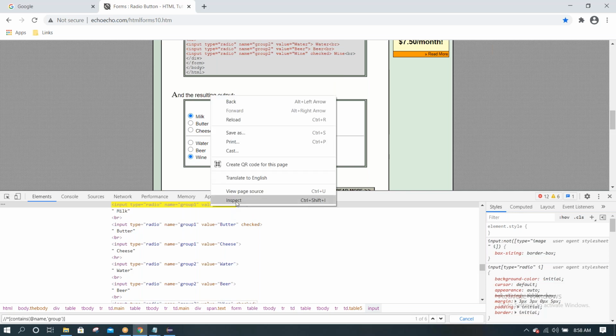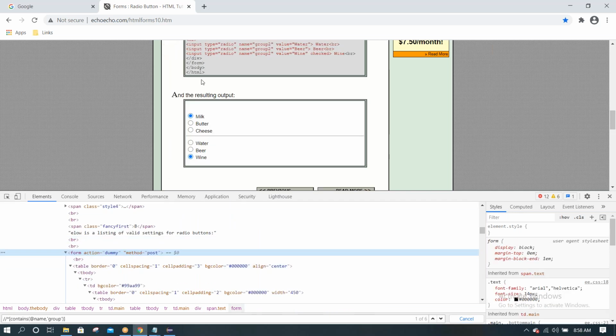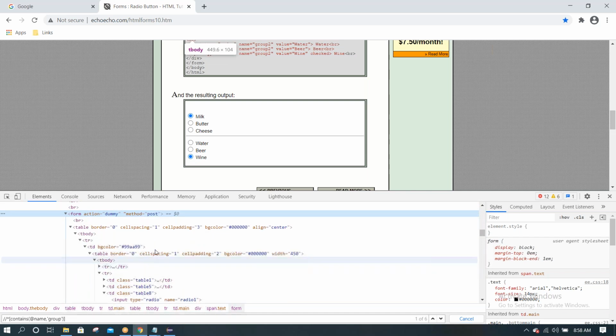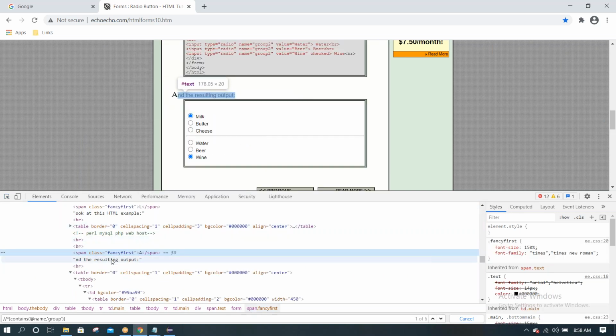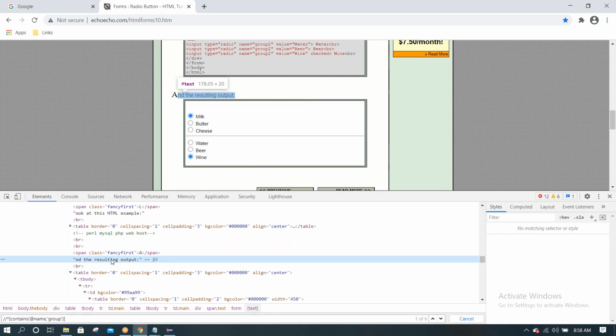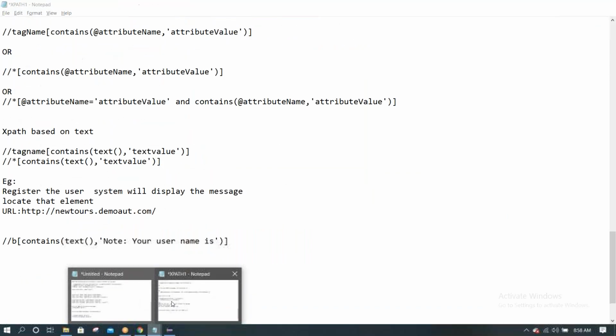If we inspect this, I want to locate this text element. This doesn't have any attributes like name or property, anything. We can use this contains XPath.